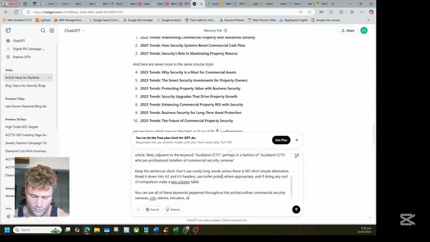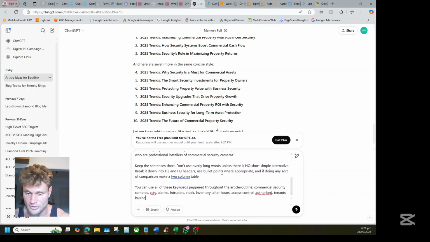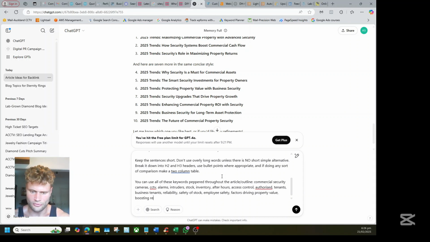Commercial property will be things like stock, inventory, after hours, access control, authorized, let's say tenants, business tenants, reliability, safety of stock, let's say employee safety, factors driving property value, boosting resale value, keeping vacancy low.